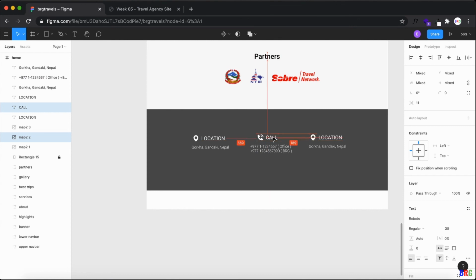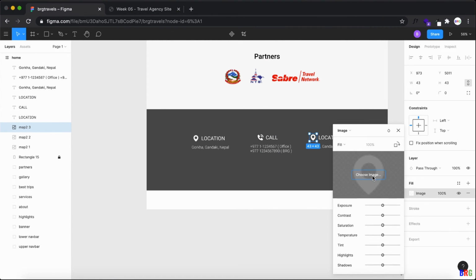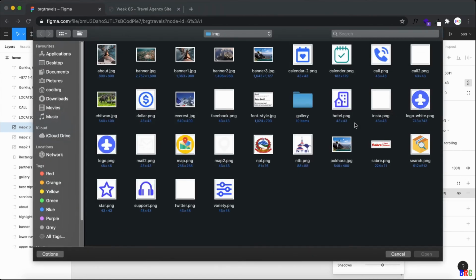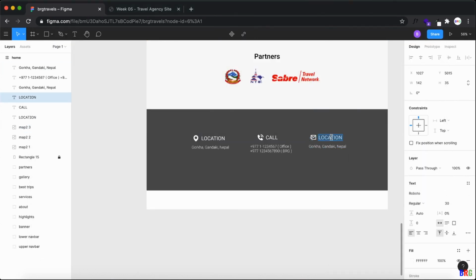Let's adjust this way, and then here this is mail, and then here it is mail.